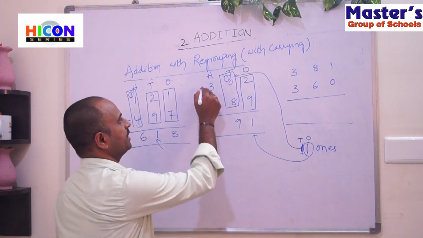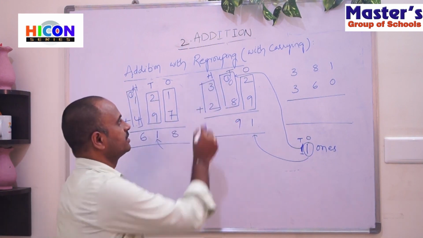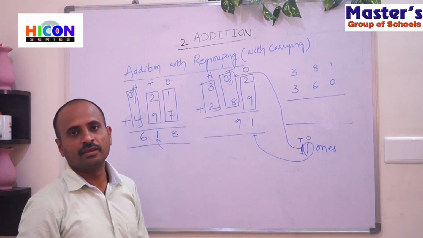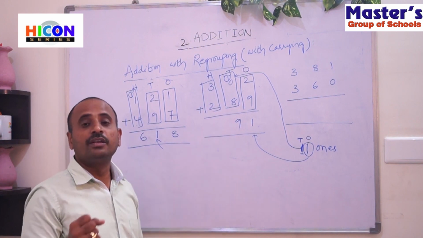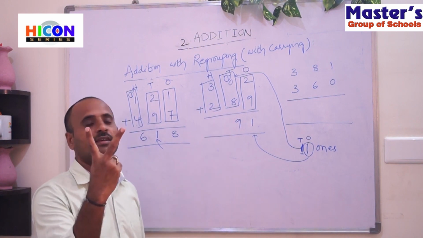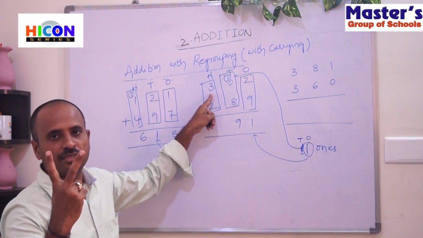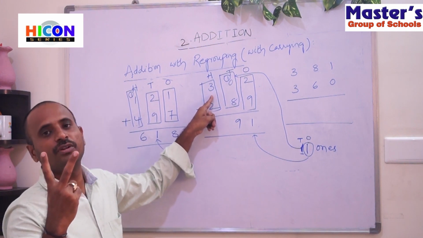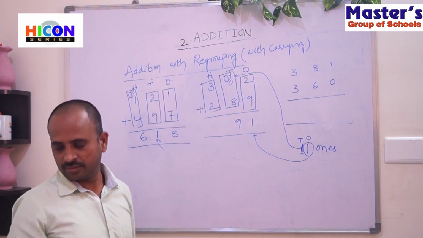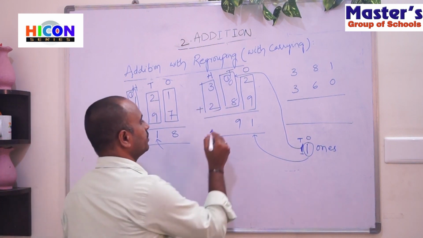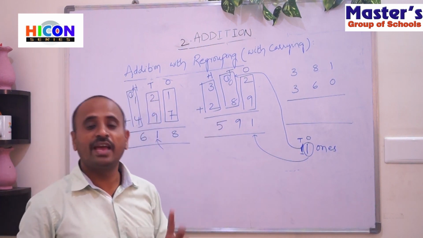Now go to the hundreds place. There are 2 digits in the hundreds place, that is 3 and 2. The second digit is 2. So lift 2 fingers of your hand and start counting after the first digit. Here the first digit is 3. After 3 you will get 4. So start counting from 4. 4, 5. So the answer is 5. So the answer is 591. So children, this is the way of carrying.